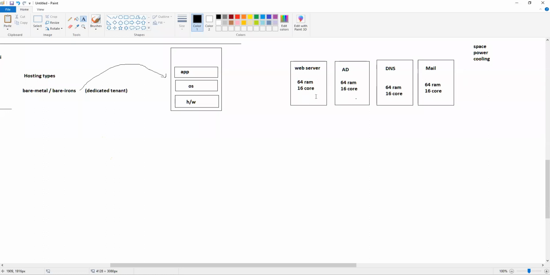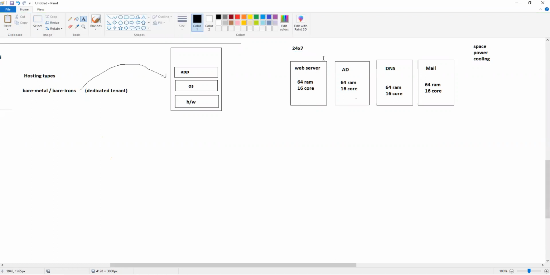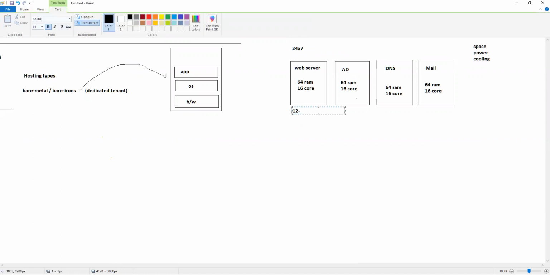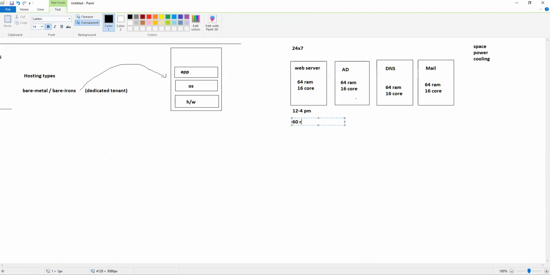The other problem that we have is that my web server is not fully utilized. I have 64 GB RAM and 16 core, but I'm not using 64 GB RAM or 16 core 24/7. I have a workload on the web server around 12 to 4 p.m. This is the only time when I'm using around 60 GB of RAM and around 12 core.